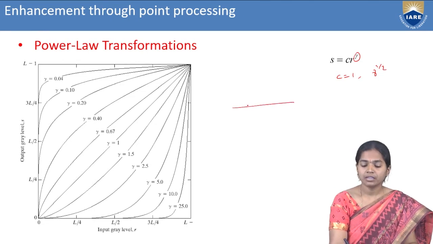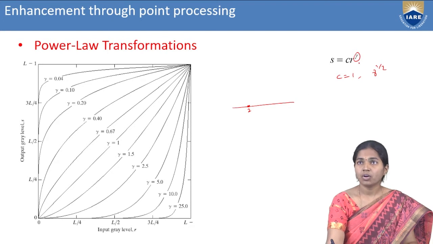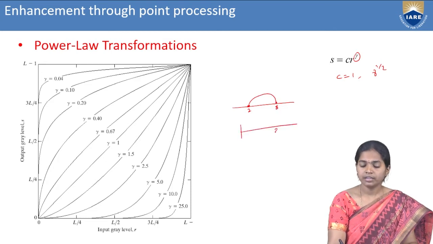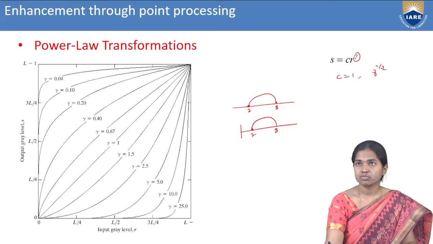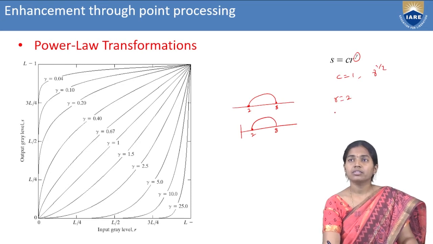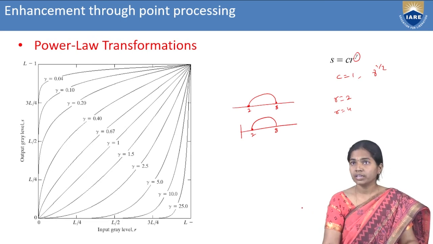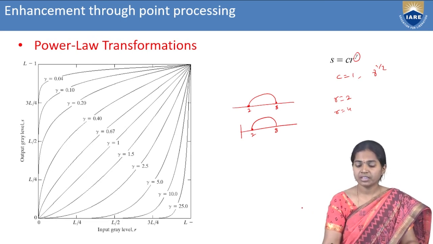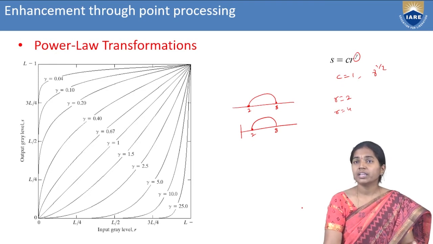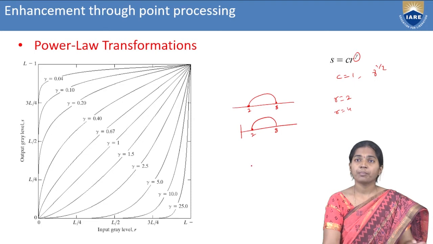For example, initially I have 2. Depending on the R value, the gray level value changes from 2 to 8, for example, or from 8 it changes to 2. Here C equals 1 and gamma equals 1 by 2. If R equals 2, it is increased. If R equals 4, the gray level value is increased or decreased. So the image clarity and brightness, we can increase or decrease with the use of power law